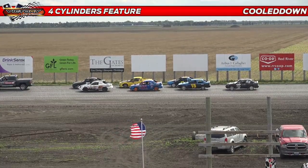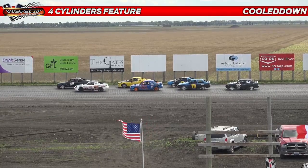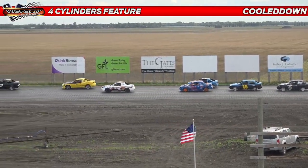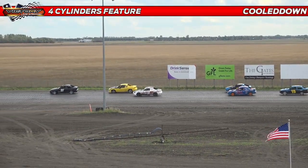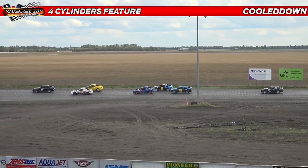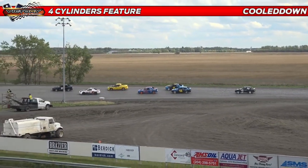I see we got a couple of scratches. We're scheduled to have 10 cars in this race, and we have 7. So a couple of scratches. I think the 14 had mechanical problems last night, so he's not with us today. And I'm not sure who else is missing, but